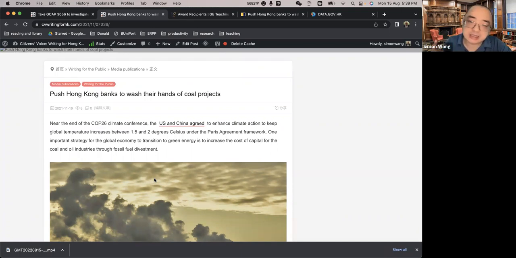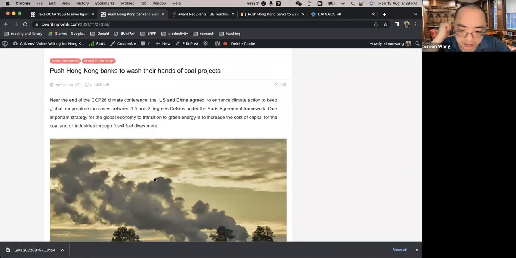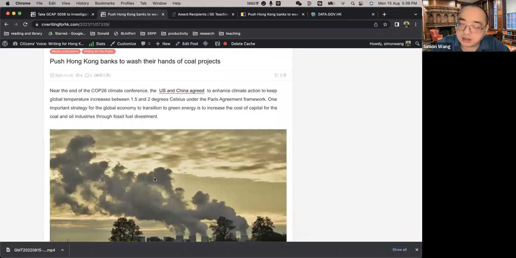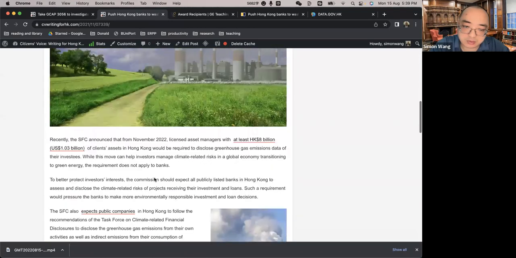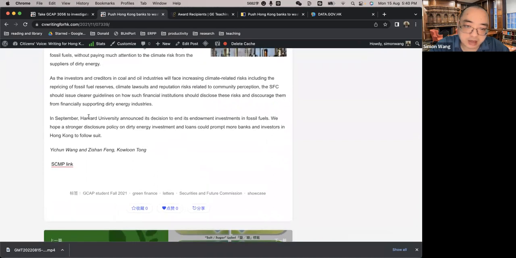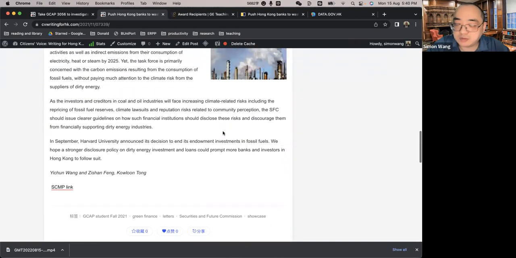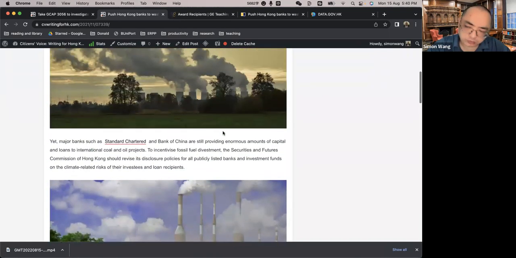So the idea is that we need to divest from this industry, and if you look at the end of the letter, we actually have an example here that Harvard University has decided to end its endowment investment in fossil fuels. But I'm not going to get into the details. Our concern is that here in Hong Kong, one of the international financial centers and capital markets,